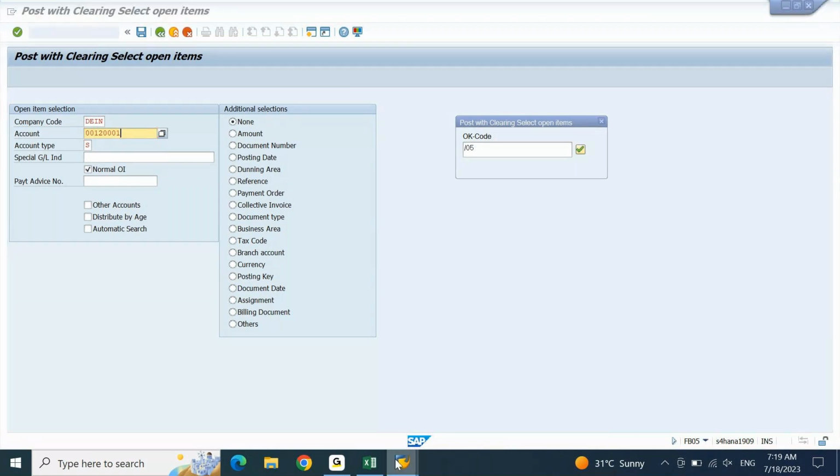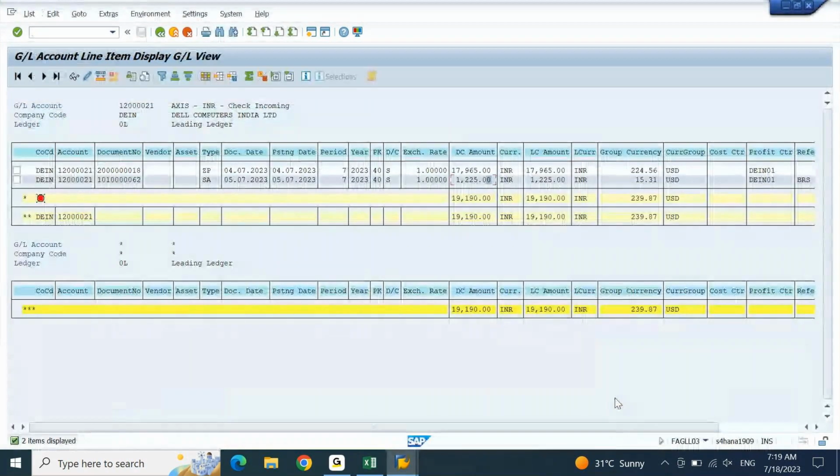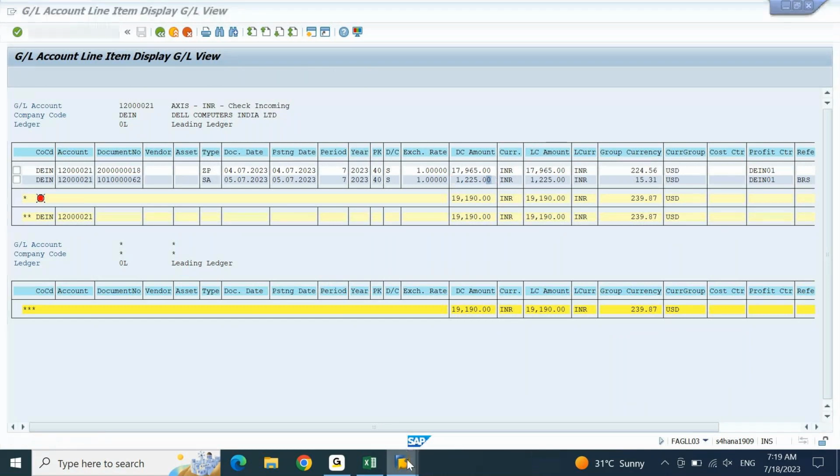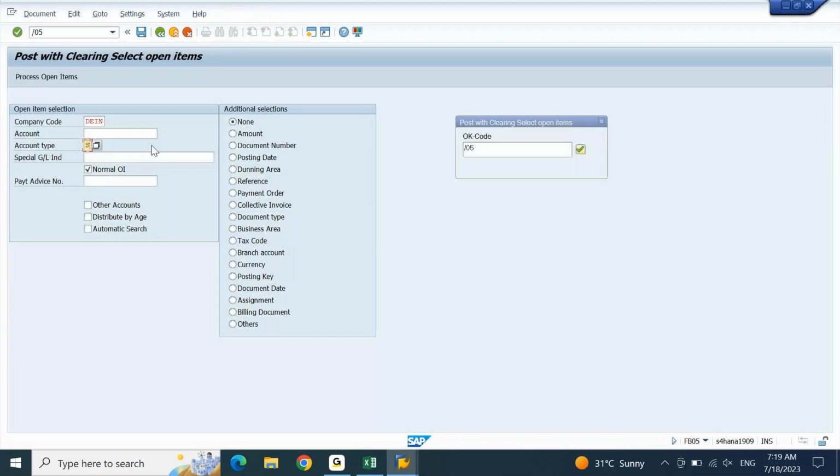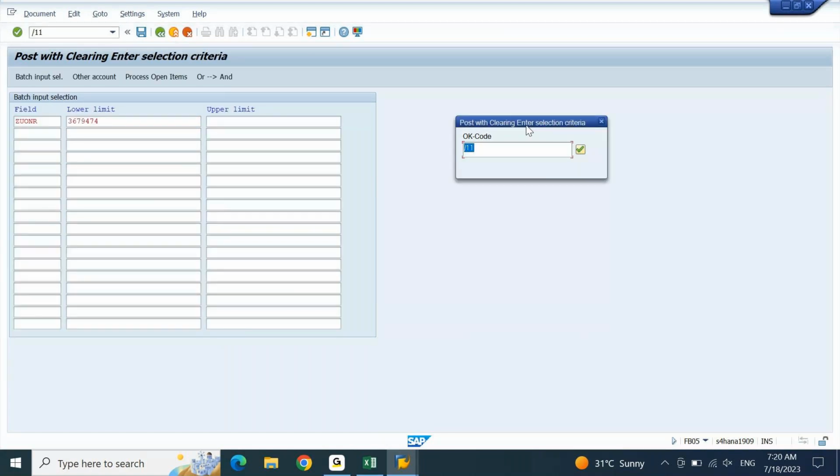This GL account is what? This. When you do process in foreground only, this is the advantage. You can edit the GL account numbers. 1 2 3 4 and 21. Next, when I click on enter, if you look at this, it is taking the field as ZUONR, which is the assignment. It is updating this from the bank reference that you have updated in the bank statement. Click on continue,